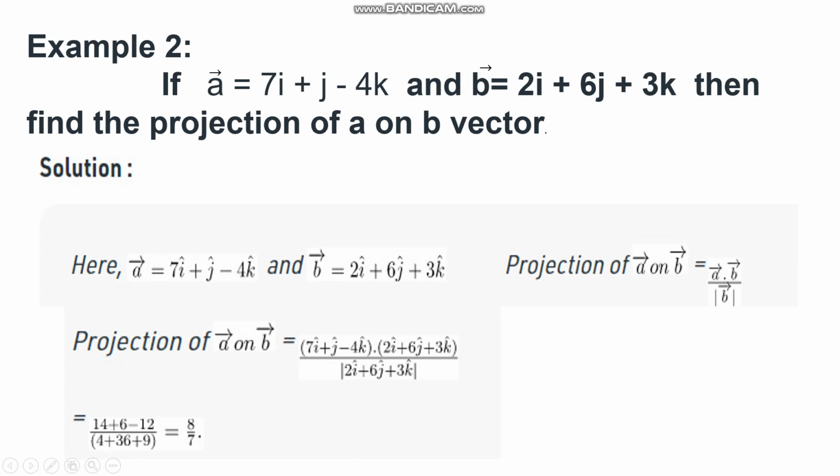And for negative 4k times 3k, we have negative 12. So 14 plus 6 minus 12 is equal to 8 over